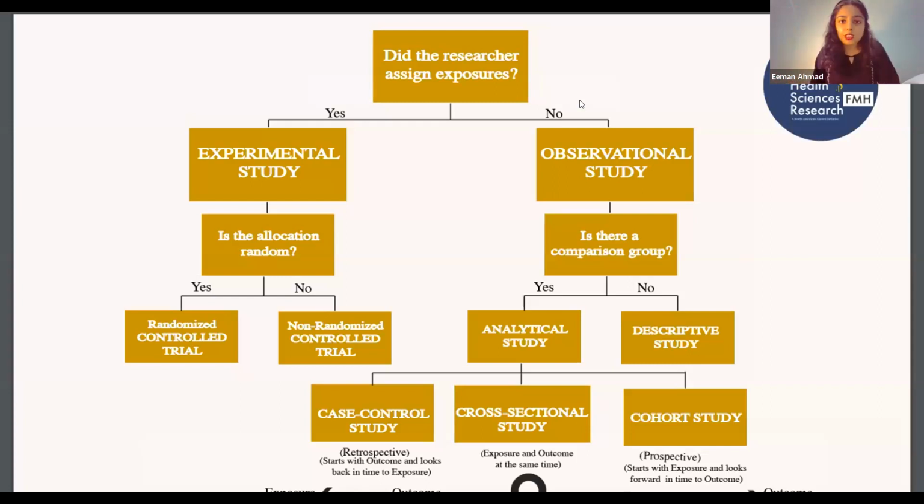But anyway, at the top you see the question, did the researcher assign exposures, right? So for example, let's go with the example of smoking. You're looking at the effect of smoking. So the exposure here is smoking, whether or not a participant smokes, right? That's the exposure. If the researcher told people to smoke, that's very unethical, by the way. Let's look at some other exposure, tea drinking, for example. Okay? If the researcher is asking people to drink tea, that is an experimental study. And if the researcher is looking at people and asking them if they drink tea or not, that is